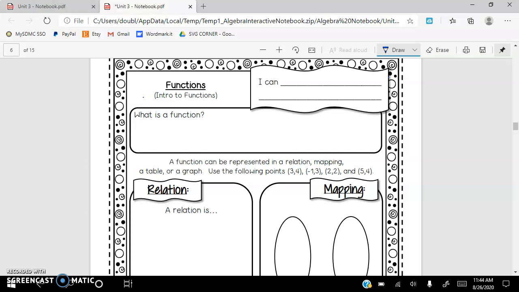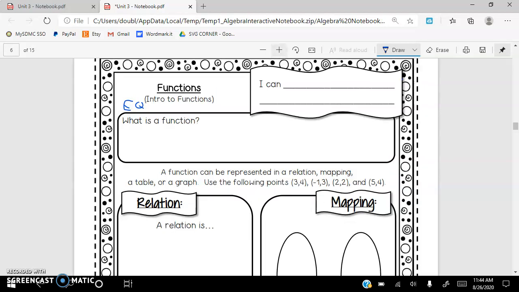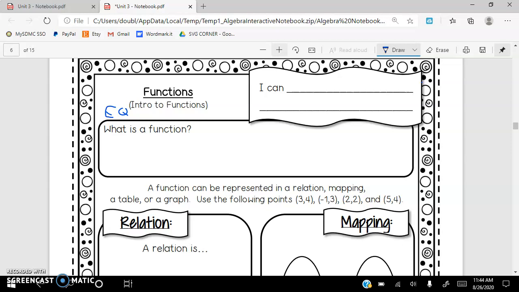So let me write my EQ over here for essential questions. Let me see if I can boost it up a little bit so I have room to write. Okay, and this is my I can. So remember, our essential question and our I can help us when it goes to our summary at the end of the topic. So I can, remember, we're talking about functions. So I can, at the end of this topic, you should be able to